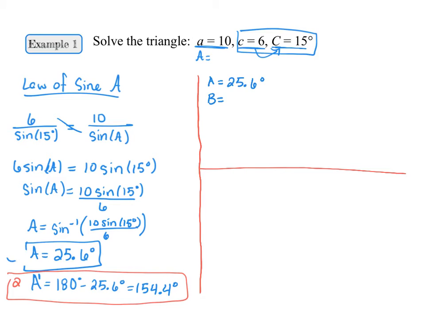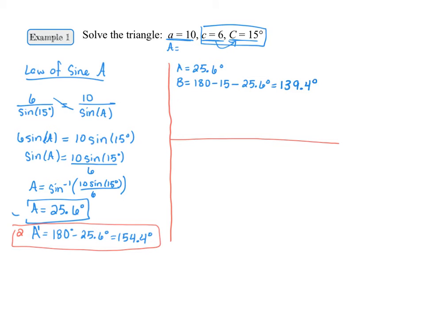Keep in mind, we know that all angles in a triangle have to add up to 180 degrees, so I can find angle B by taking 180 and subtracting my measurement for angle C, which is 15 degrees, and this angle A, which is 25.6 degrees. And I get